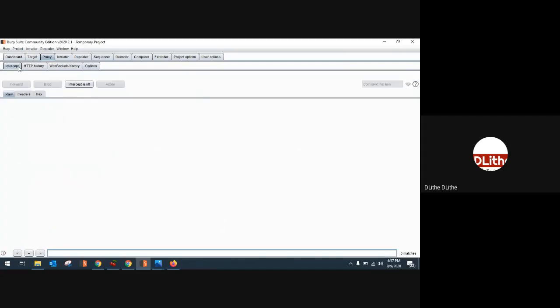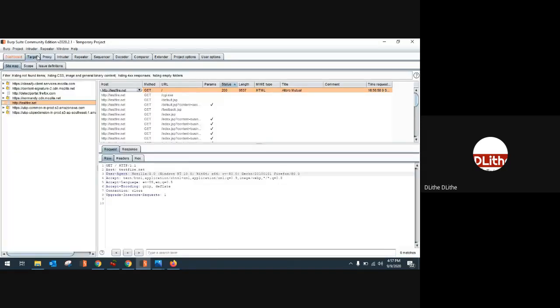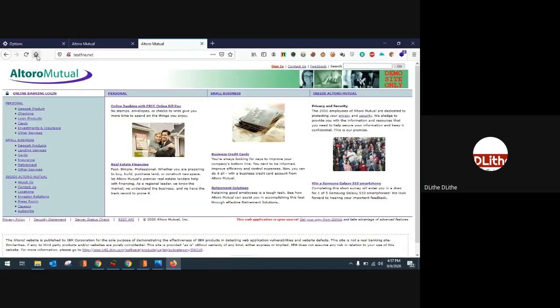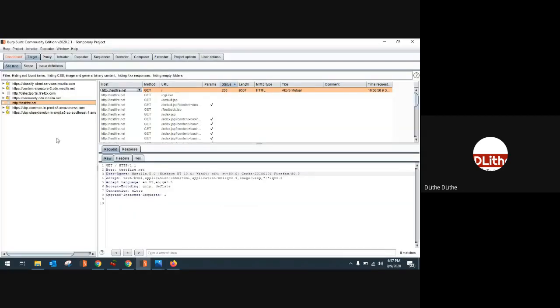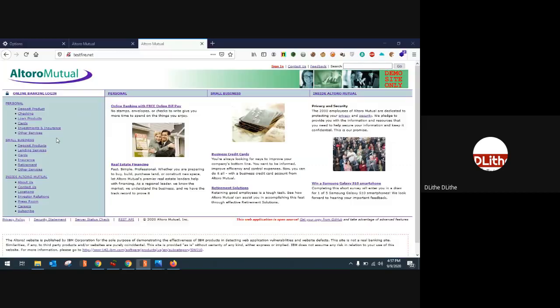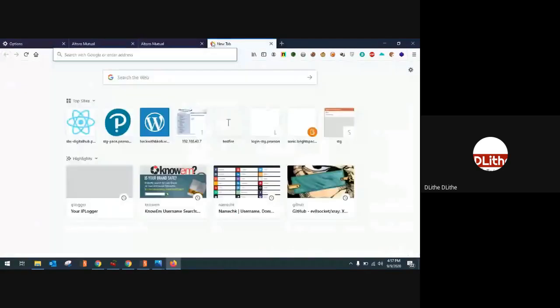Once these two are confirmed, go to your browser, go to your options, and under proxy settings, make sure you add the Burp Suite address, that is the loopback IP address 127.0.0.1, and put 8080 as the port. Then open up any HTTP website and see if the website is populated over here or not. Once your HTTP website is successfully populated, then go to any HTTPS website.